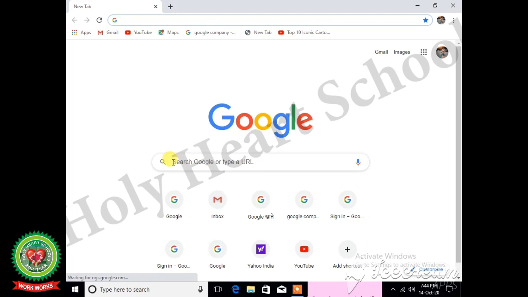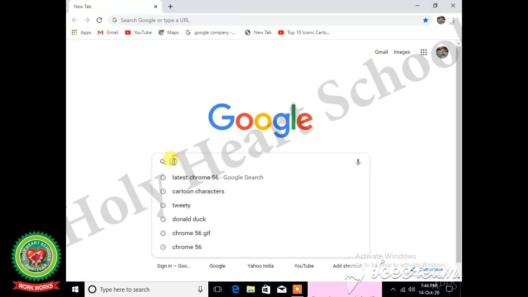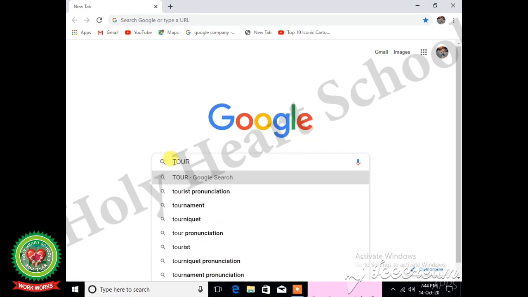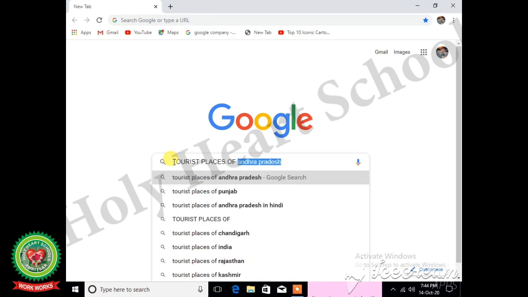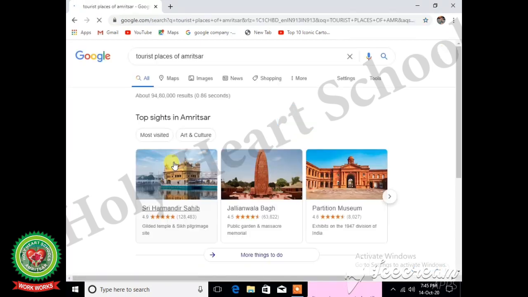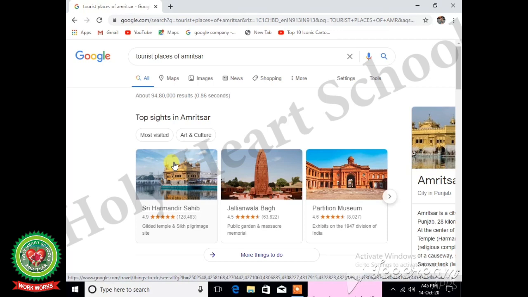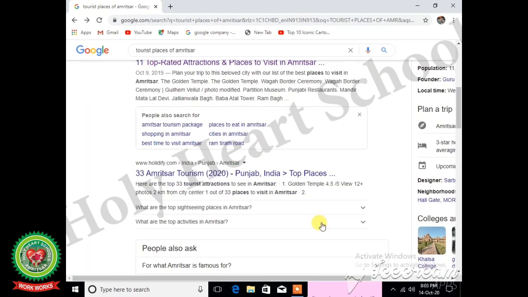Now we will place the cursor in the search bar and type tourist places of Amritsar. And press enter key from the keyboard. After pressing enter key from the keyboard, Google Chrome web browser will display links for the different web pages.